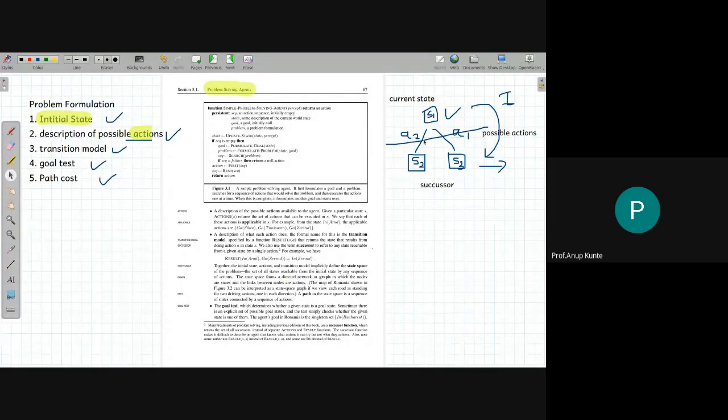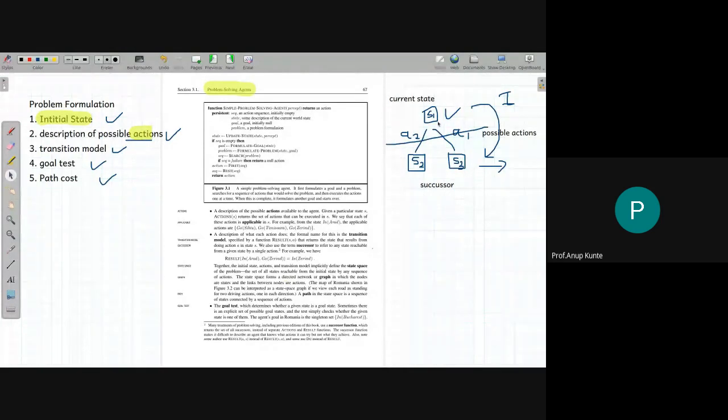So when I say formal problem, these ingredients are necessary in a formal problem. First, I should have an initial state, because I should have some current state initially from which the multiple generations will start. So the initial state is that seed from where this entire set of generations can get started. Okay.